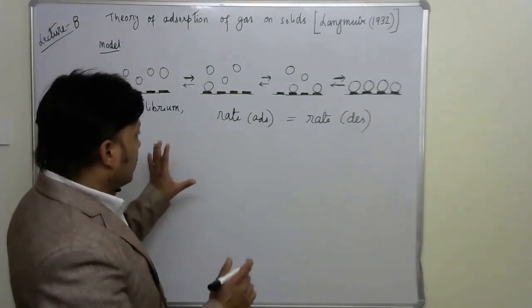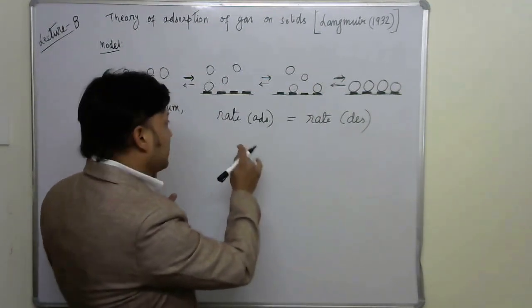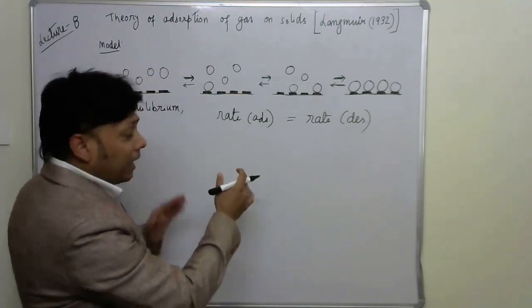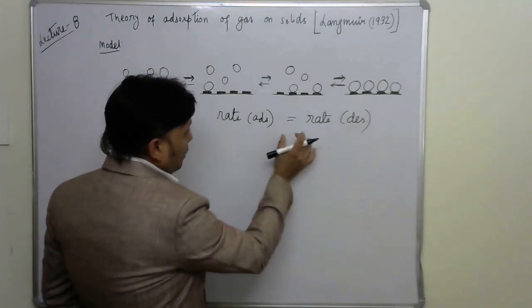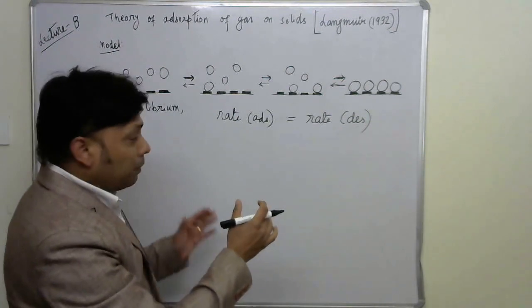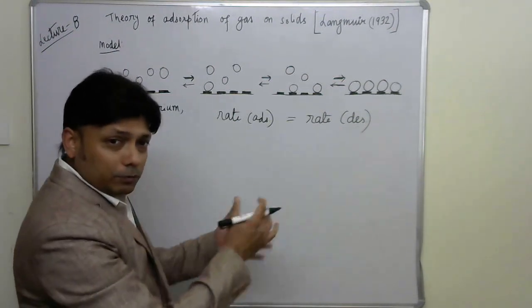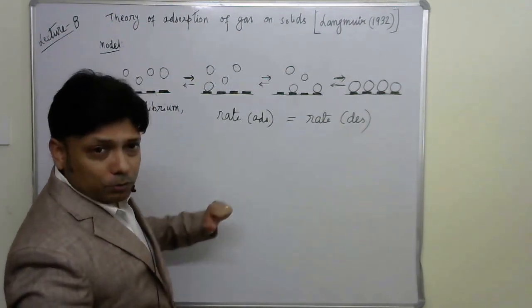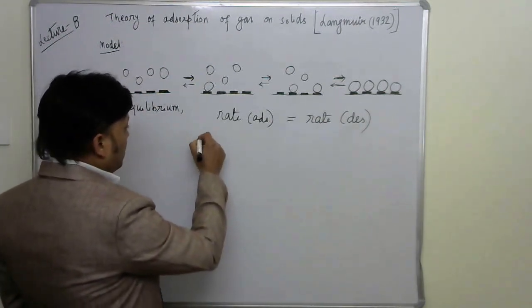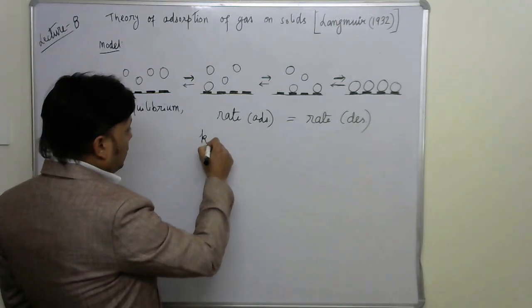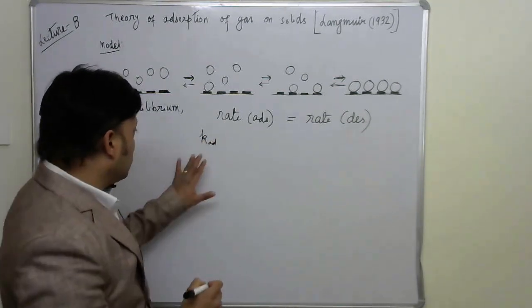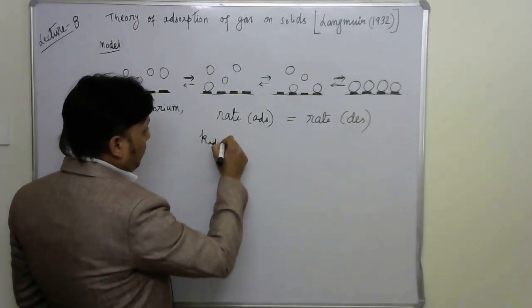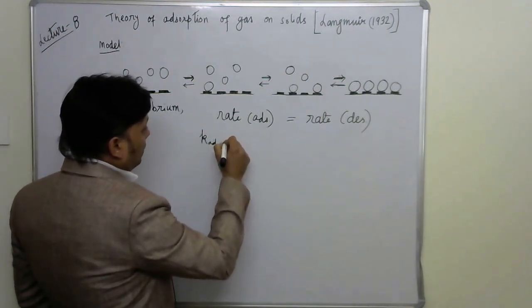While deriving, we start with the statement that at equilibrium, obviously there is equilibrium at any instant, the rate of adsorption is equal to the rate of desorption. That means the rate of the forward reaction is equal to the rate of the backward reaction. Very well, so what is the rate of adsorption? The rate of adsorption, we can relate to a rate constant, the rate constant of adsorption, some arbitrary constant, multiplied by